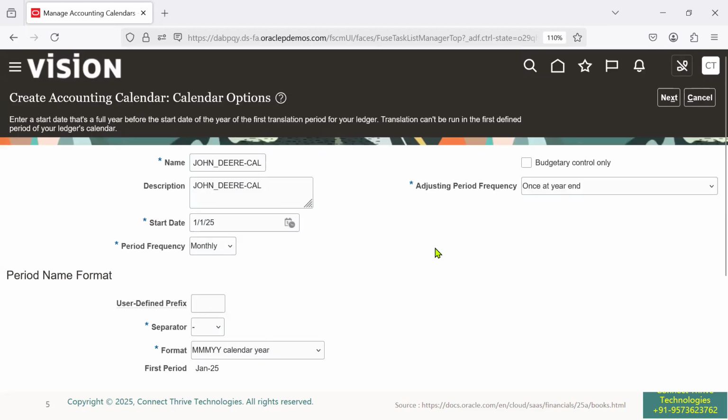Apart from that, if you want to use this calendar specifically for budget purposes, you can use budget control only. We cannot use this calendar other than for the budget if you enable this. Then next we have the